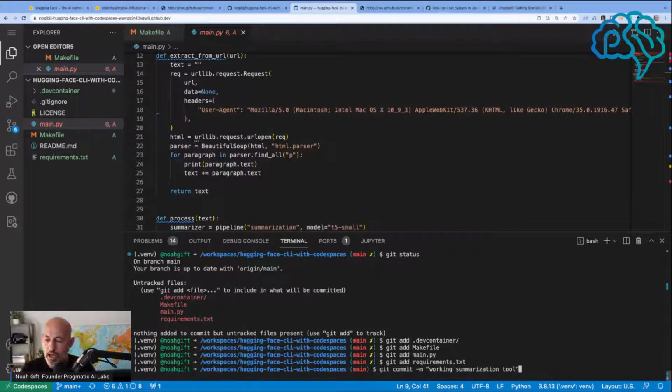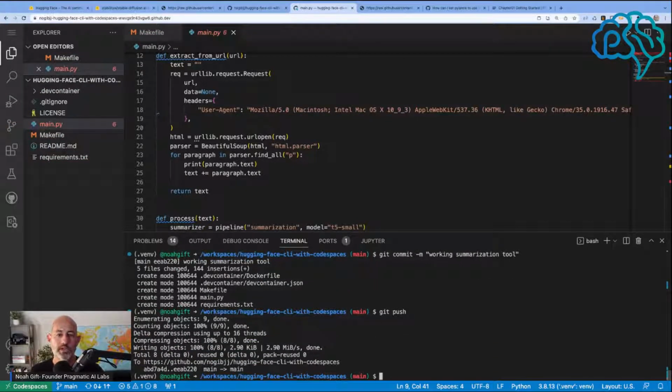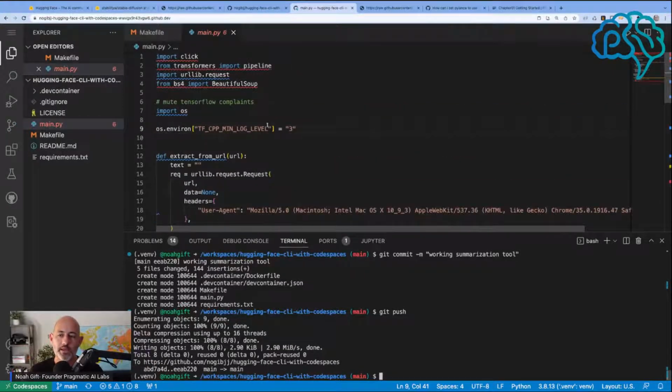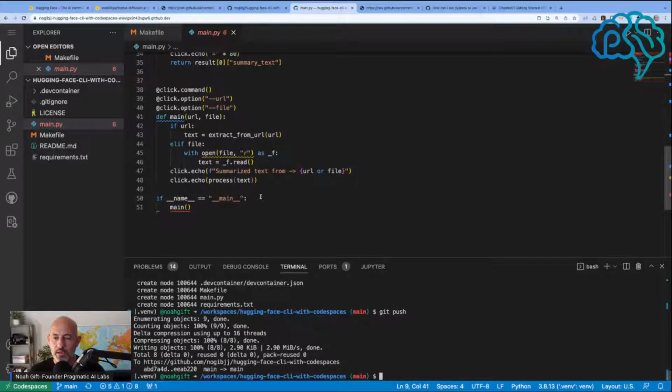Now, I think it would be kind of cool to just build more stuff, right? Like extend this tool. I mean, this is pretty useful. Like this is definitely pretty useful. But what if I changed it to have another parameter that is Wikipedia? And what if it was able to do Wikipedia pages? Because if we do